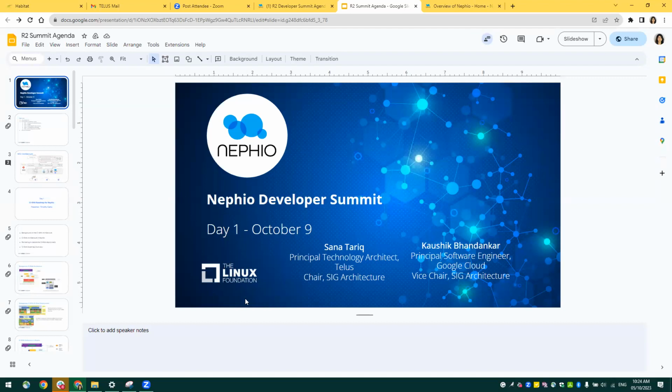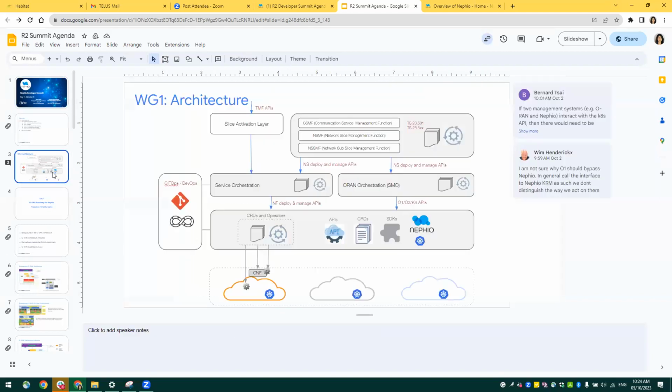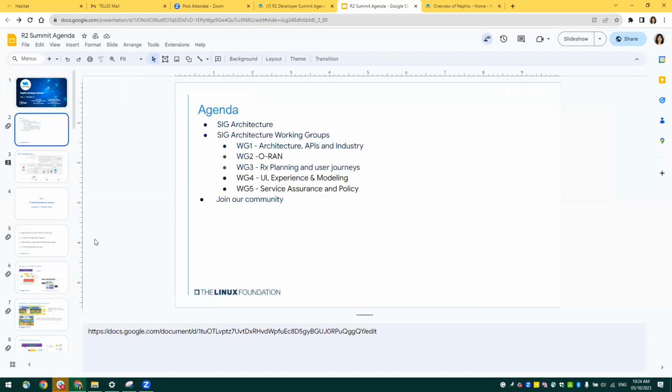Since Nephew became a part of the Linux Foundation Networking, this template is not correct because I used it from the Dev Summit for one summit. Yesterday, myself and Kandan were in a meeting with Sunny, and she's working on getting us a template which would have the Linux Foundation Networking logo. We don't have to use that all along. For example, if it is a white slide, we are still fine. But if the slide is showing the Linux Foundation, it would be better that we show Linux Foundation Networking, because that's the new association of Project Nephew with the Linux Foundation, LFN actually.